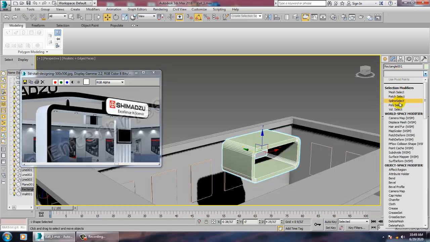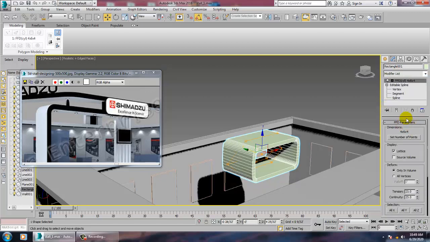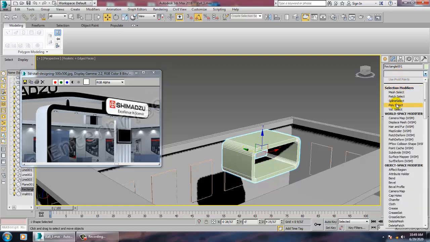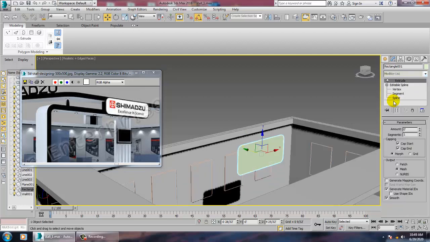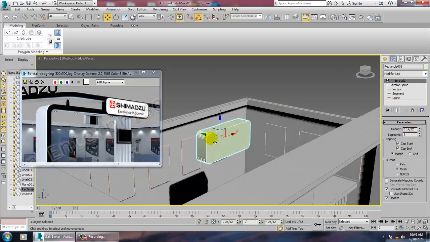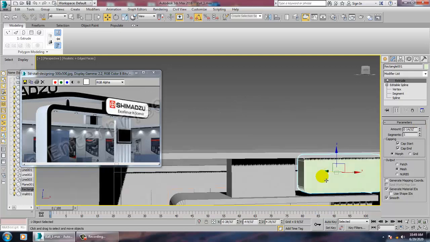Give a modifier called extrude. Just increase this amount for this extrude over here.